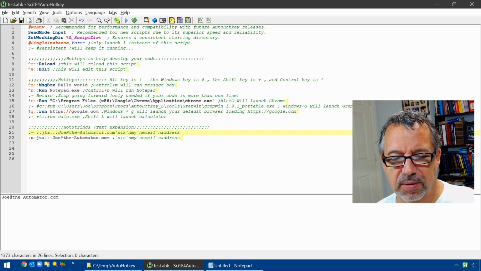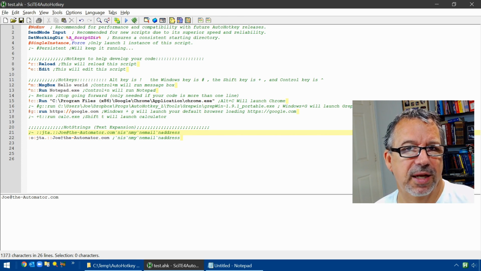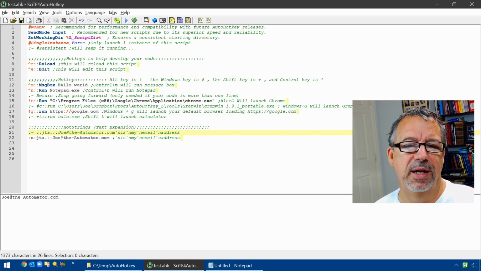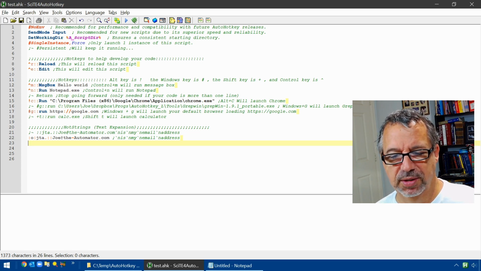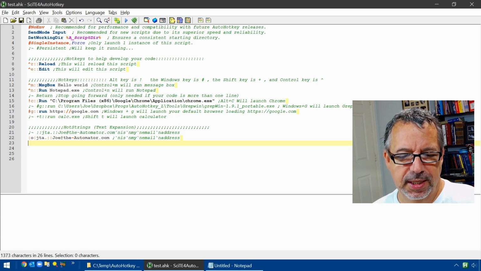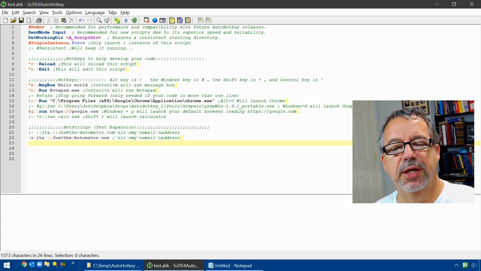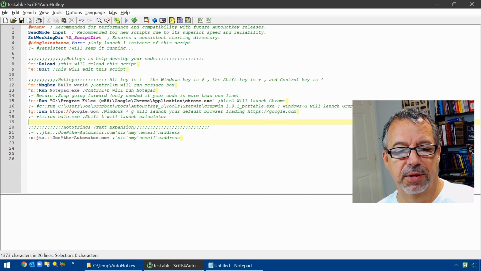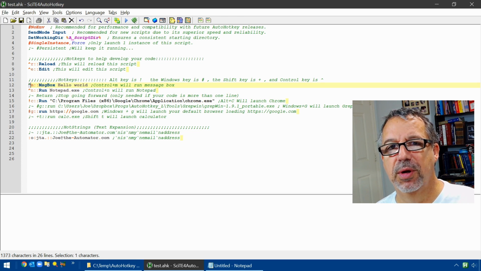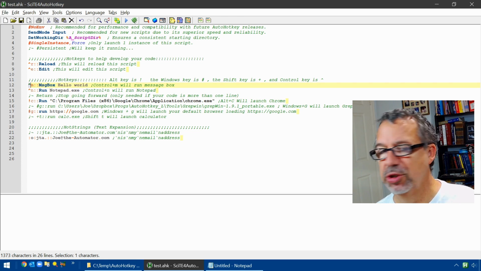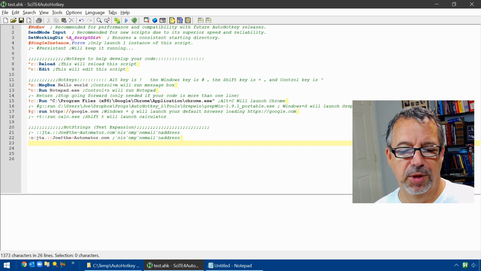So there are some things where you just don't want a space at the end. Sometimes it might be plural, sometimes not. And this is an easy way to do it without having to backspace to get rid of that extra space. Another example that I want to demonstrate, and this will wrap up the basic HotStrings, is that there are certain characters. Up here, this Windows key, the pound sign, the Alt key, this exclamation point, this caret is control. AutoHotkey interprets these as very special characters, right? So you can't, let's say